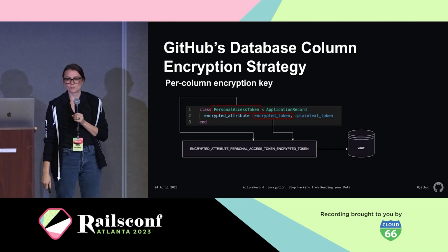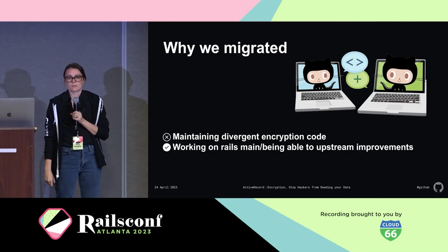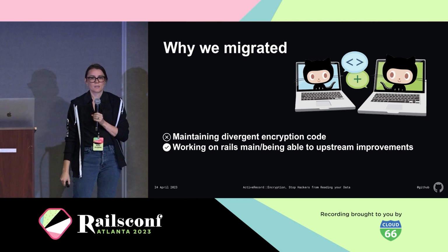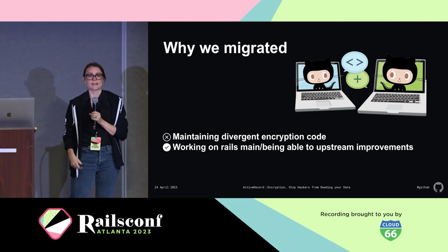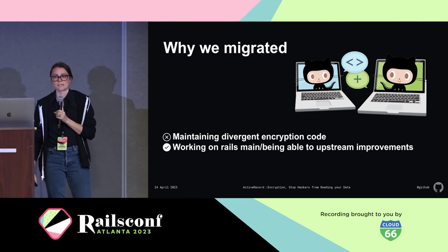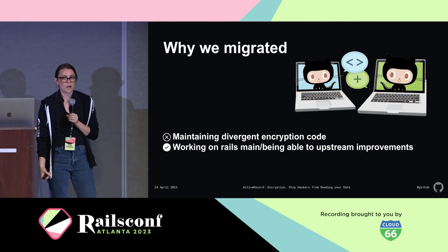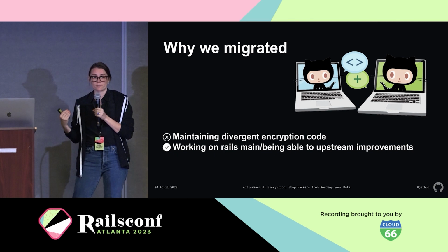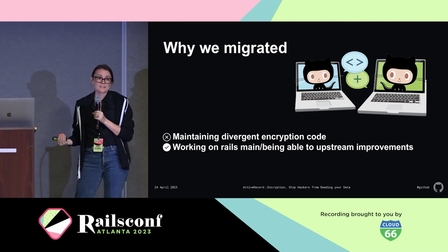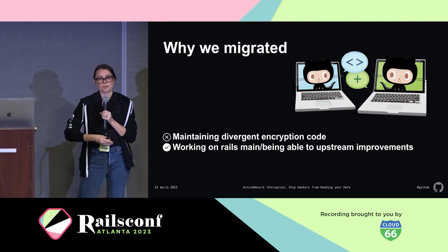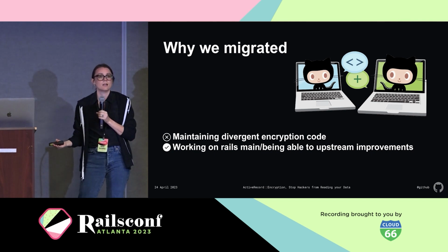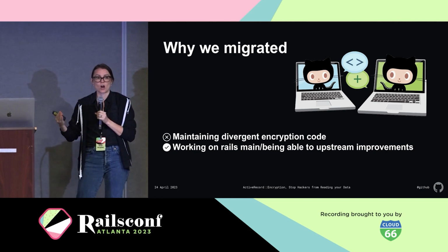Why would we even want to change away from this? We had a couple reasons, right? GitHub has a policy of staying as close to the standard Rails implementation as possible. So with ActiveRecord encryption released, our encryption code is now diverging from that standard. It presented the opportunity for a GitHub developer to try to use ActiveRecord encryption instead of our secured, hardened, paved